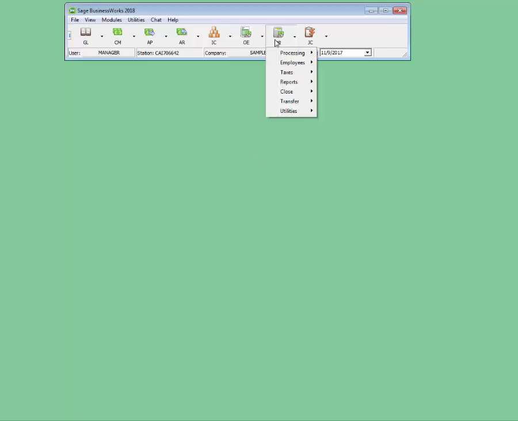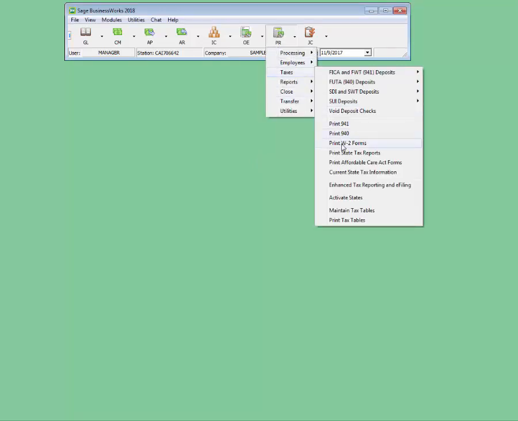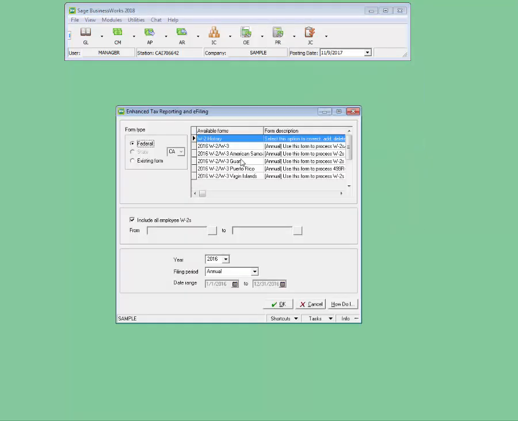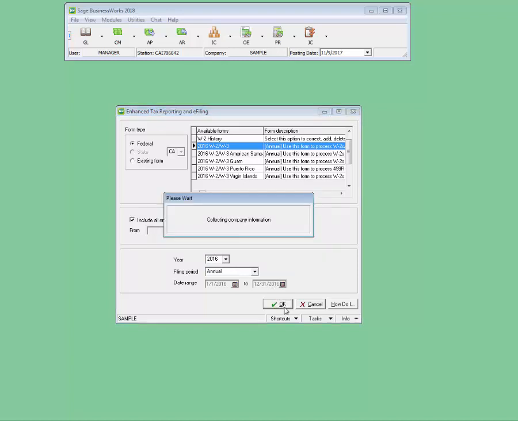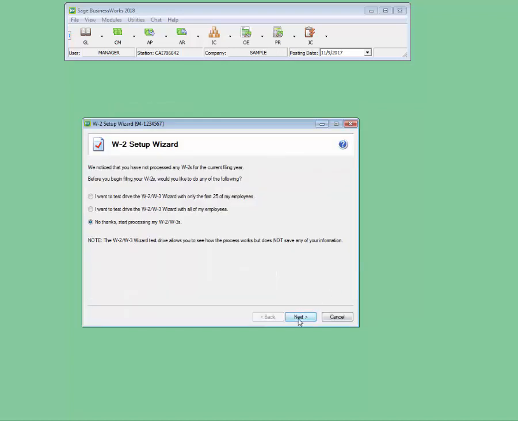We're going to go to Payroll, Taxes, and Print W-2 Forms. We're going to select the W-2, W-3. We're going to select the year. In this case, since we're using a 2016 sample company, we'll choose 2016. And we're going to hit OK. We're going to go through the W-2 Setup Preparer wizard,